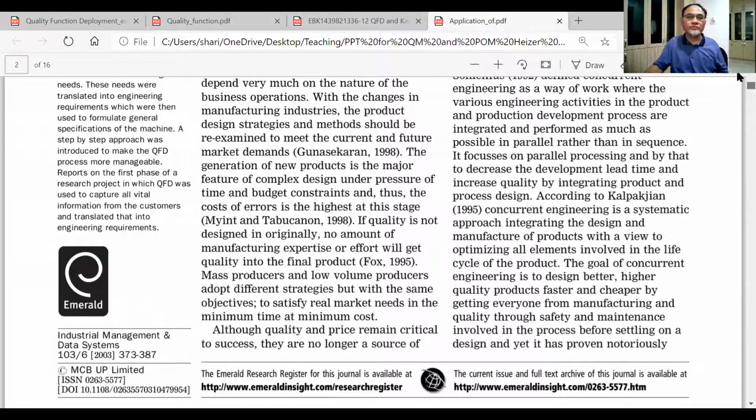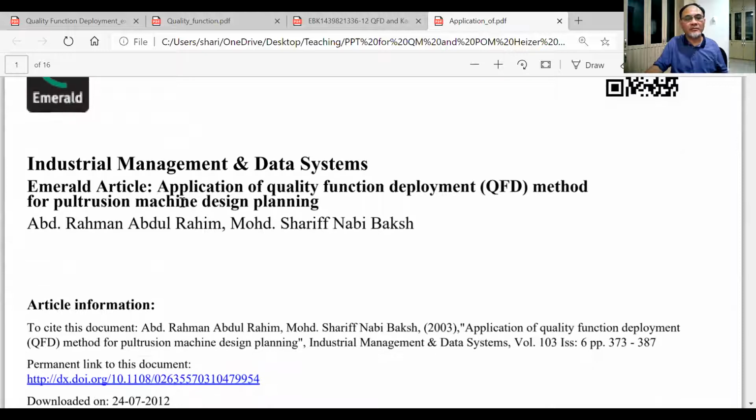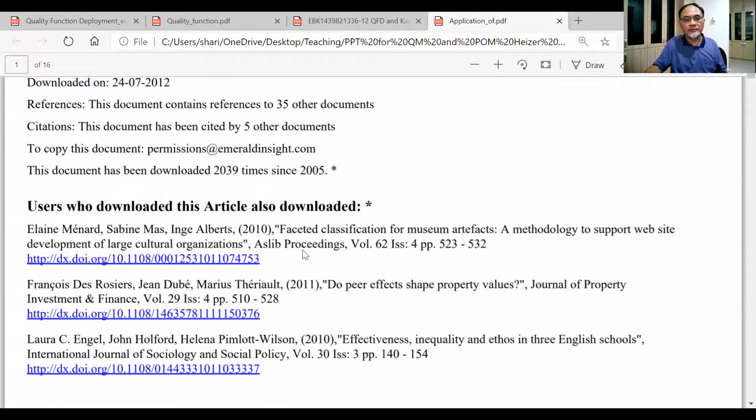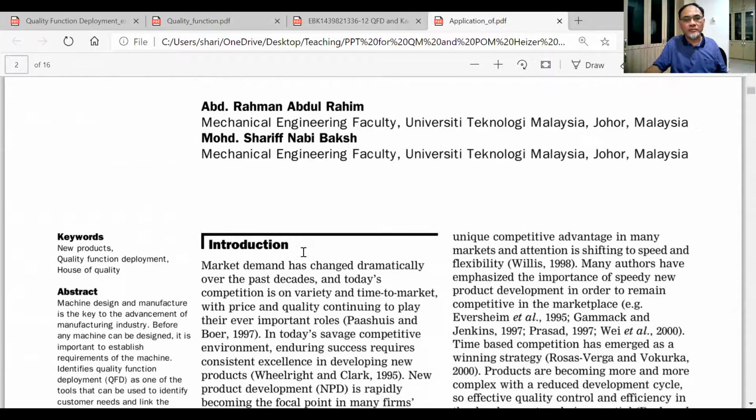I presume some of you probably want to do research. So this is my friend, Professor Abdurrahman Rahim. He did his PhD in UTM with Professor Sharif. And he actually applied QFD for pultrusion machine design planning. And you can check this online, this paper. Application of QFD for pultrusion machine